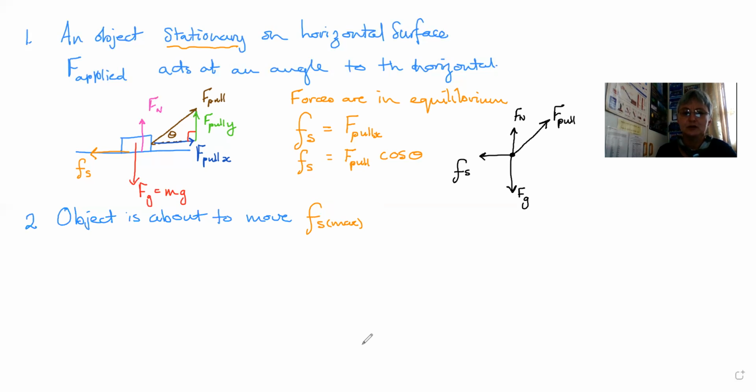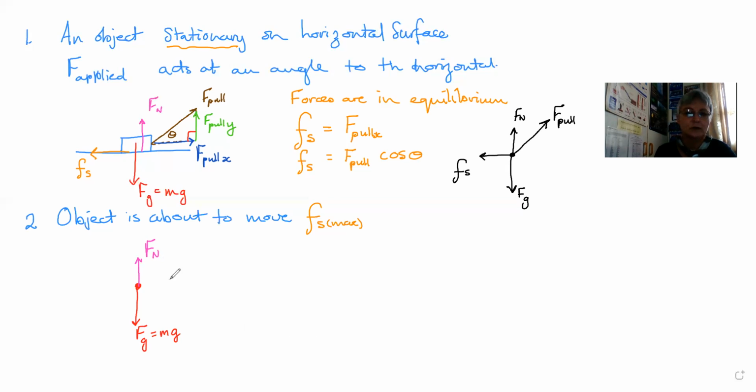I think you should be familiar with the force diagram now. I'm going to concentrate on the free body diagram. So you've got your object, and a gravitational force that can be calculated by mass times gravitational acceleration. You'll have a normal force,